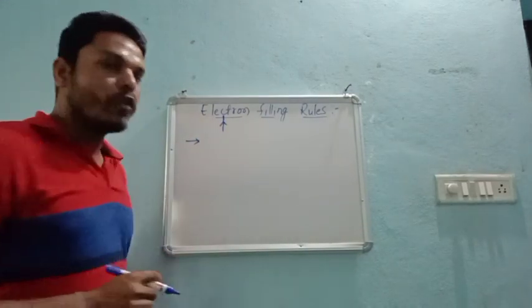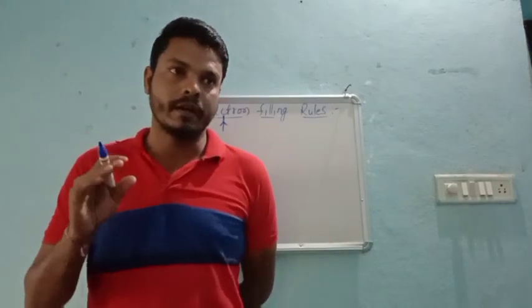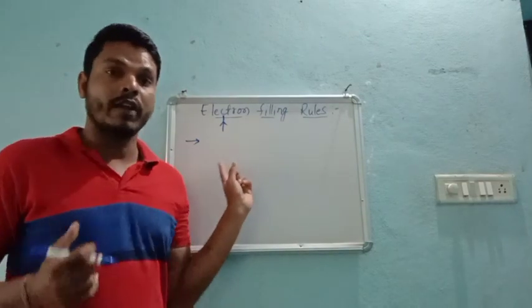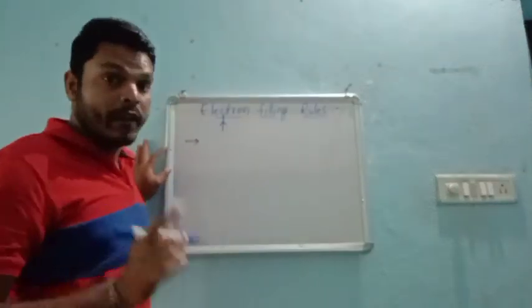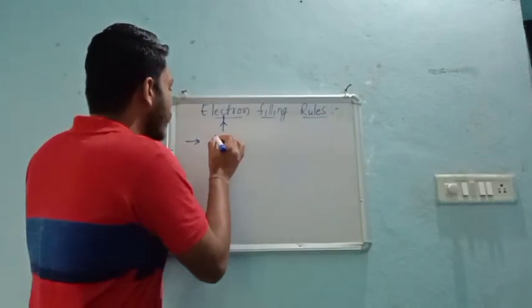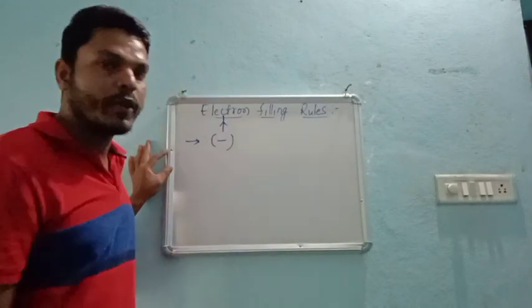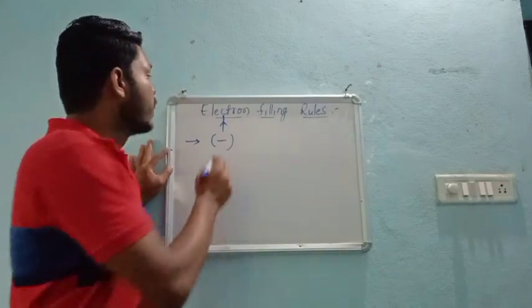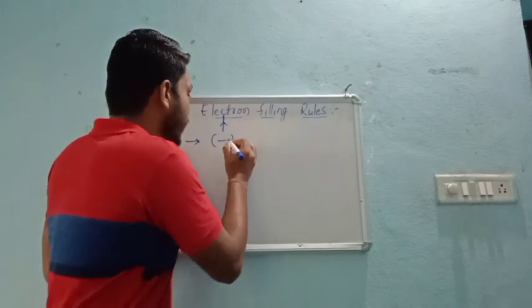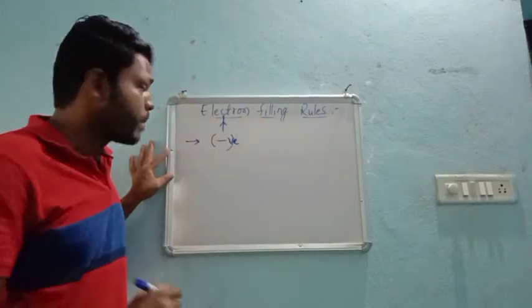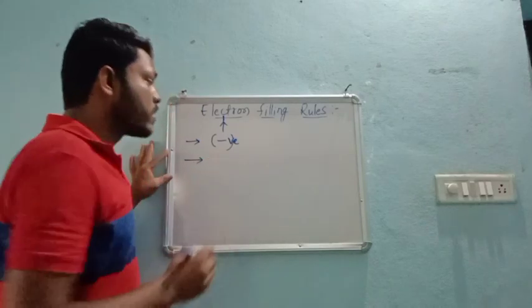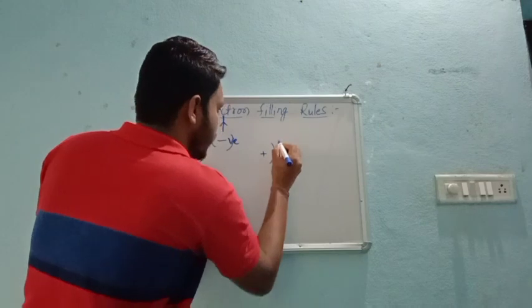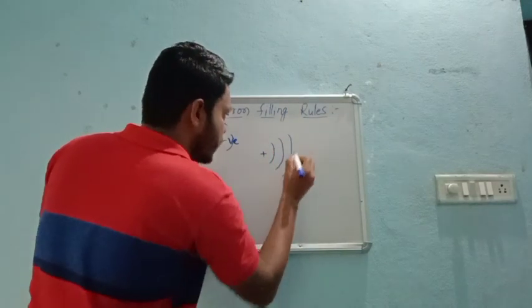According to Bohr's atomic model, I think you had these topics in your lower level, 9 or 10. According to that model, the electron always has negative charge. Very important, note down these points. The first point: the electron always carries negative charge. So according to Bohr's atomic model, what he suggests is,